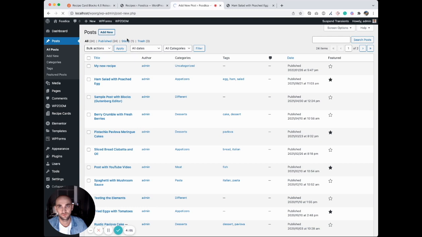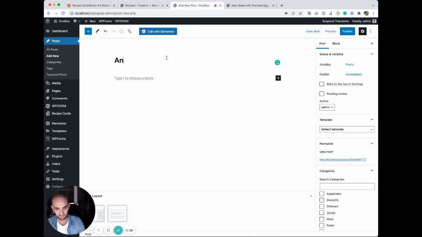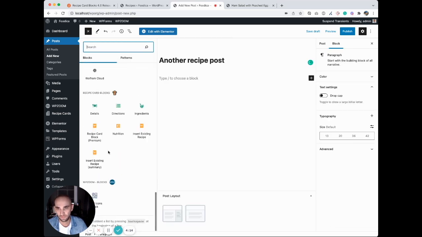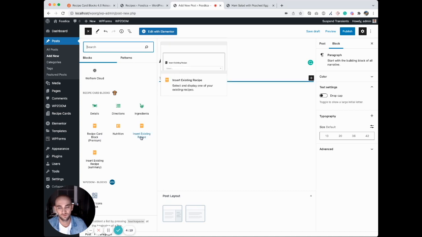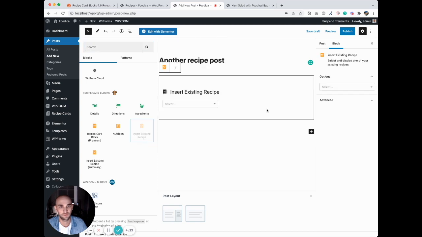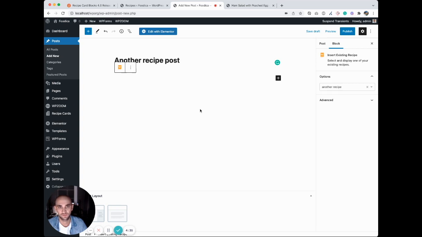So I'm gonna create a new post, and I will try to insert this recipe created here. So instead of using this block, recipe card block, you will need to use another block. You need to use the insert recipe, existing recipe block. I'm gonna click on it. And in this list, you can see all recipes created already on your blog. For example, I can choose my newly created recipe